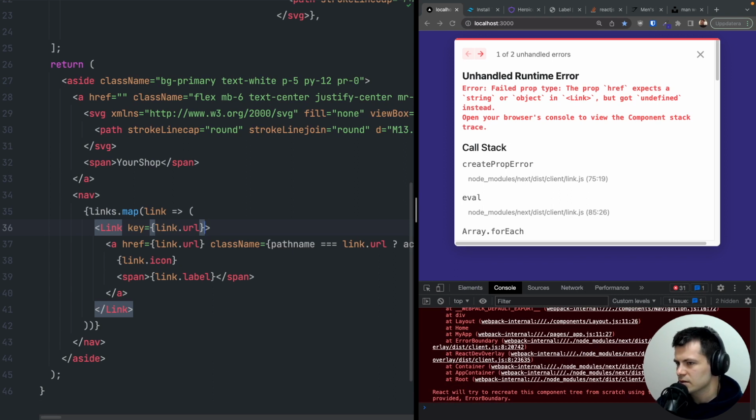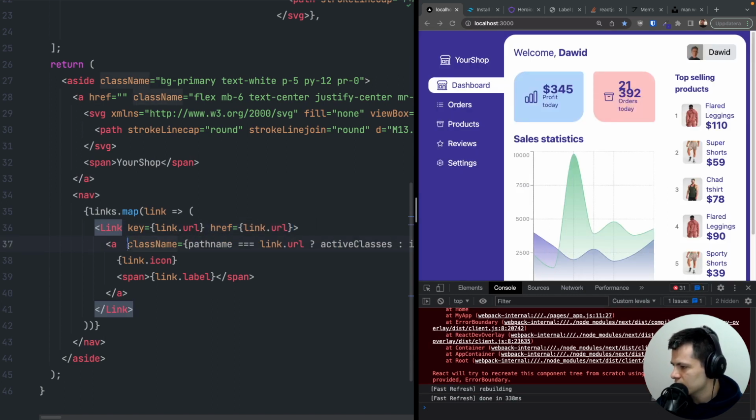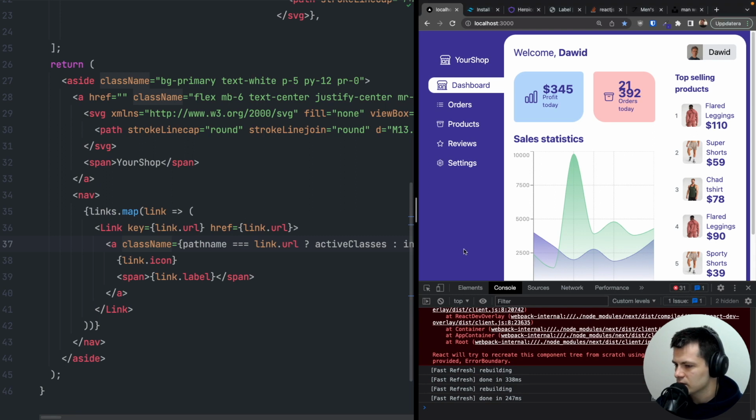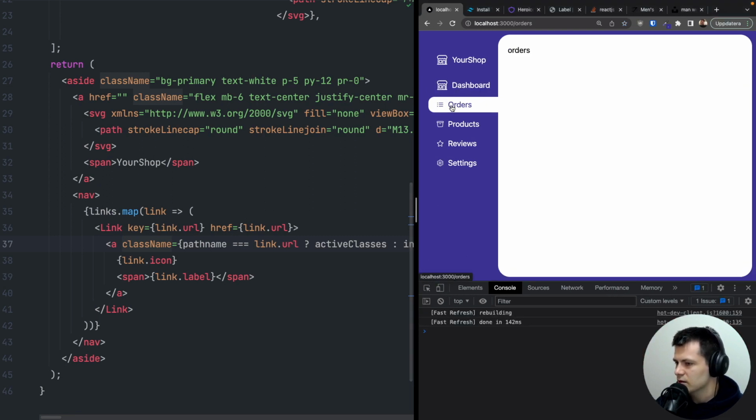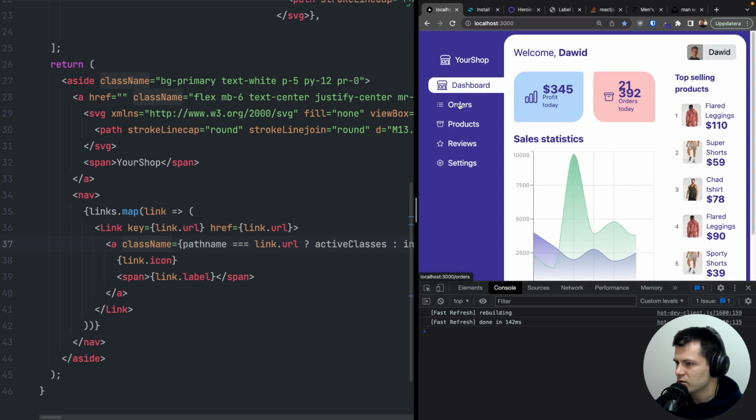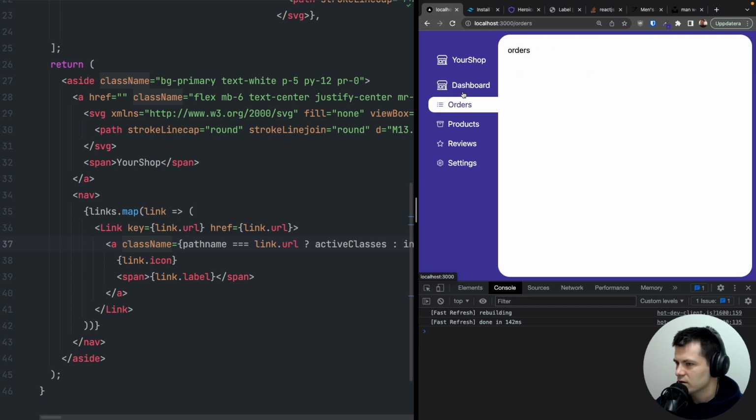Now, as you can see, the prop href expects a string in Link. So we need the href that we got here. I will cut it from here, and I will put it here. Yeah, and now everything works. Let's refresh. Yes, no warnings. And I can go to orders and back to dashboard, orders, dashboard, and it's much faster because it's not reloading